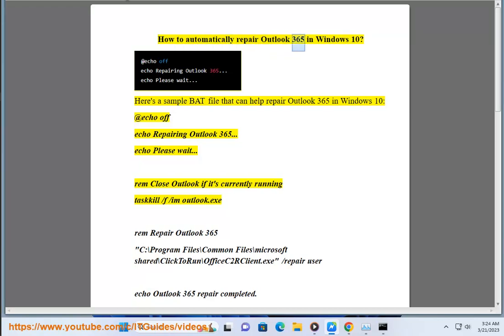How to automatically repair Outlook 365 in Windows 10. Here's a sample bat file that can help repair Outlook 365 in Windows 10: @echo off, echo Repairing Outlook